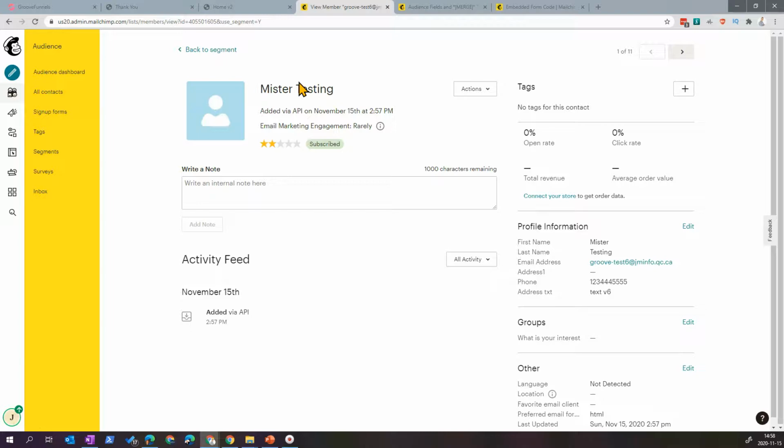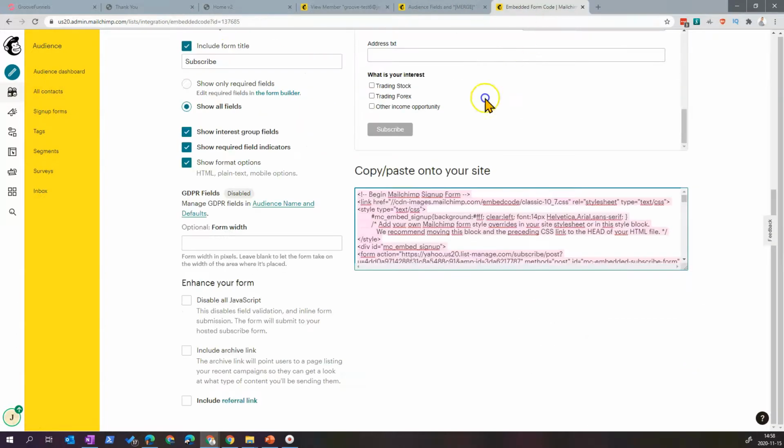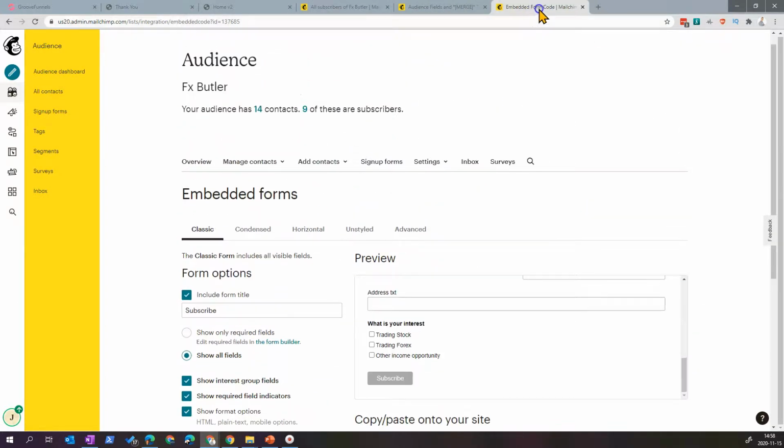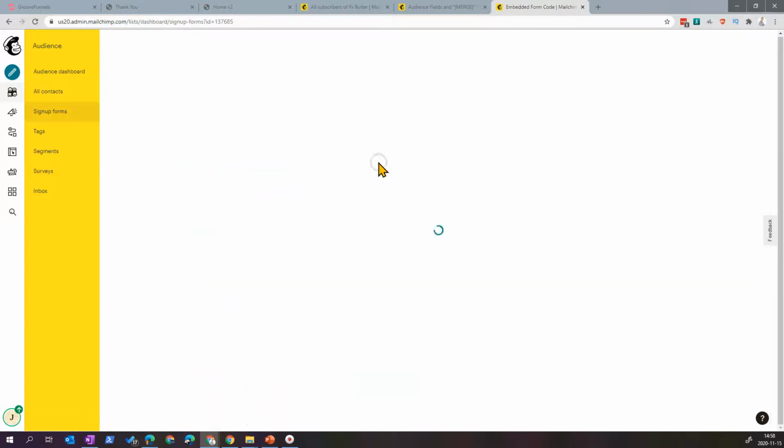So one of the solutions is to make multiple lines of text. You can do address one, address two with the text field instead of using the address type. The other solution that I was talking about is the embedded form code. In the audience, you have sign up form.